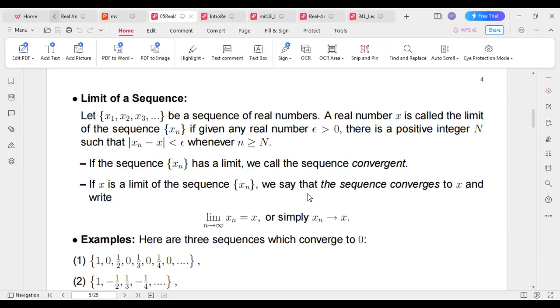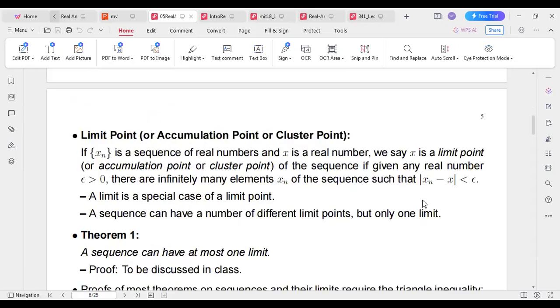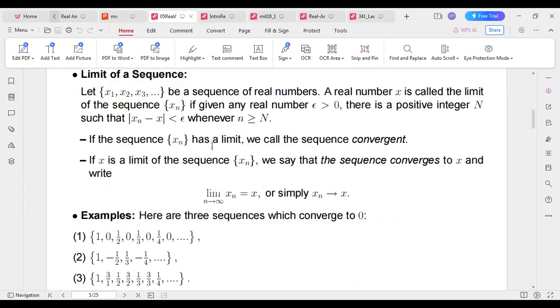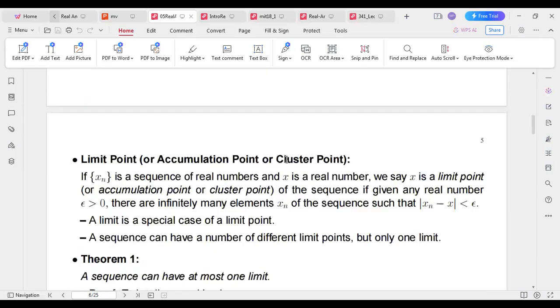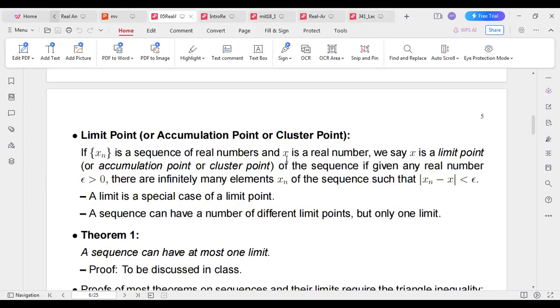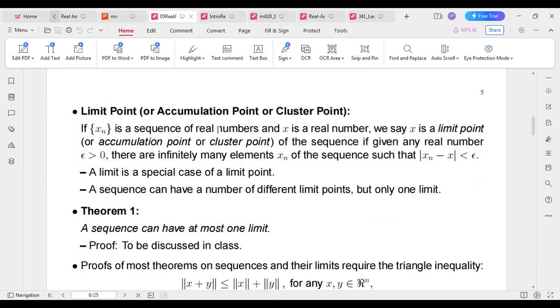Now, these are examples, three example sequences. Now, what is a limit point, or accumulation point, or cluster point, the same words. If xn is a sequence of real numbers and x is a real number, we say that x is a limit point, accumulation point, or cluster point of the sequence